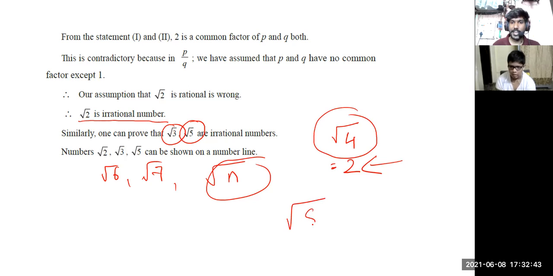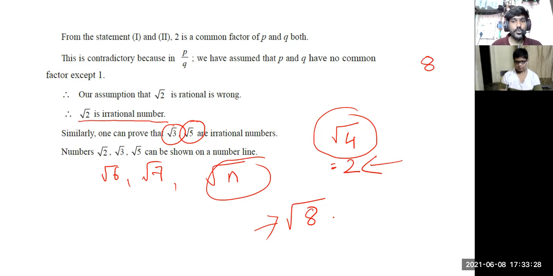Okay, what about root 8? It is irrational. What did you say, rational or irrational? I said rational, sir. It is irrational. Why? Because I was thinking the square root of 8 is 4 and 4 is a multiple of 2. No. Square root of 8 is not 4. Square root of 16 is 4. So now can you tell me what this is, rational or irrational? Irrational.